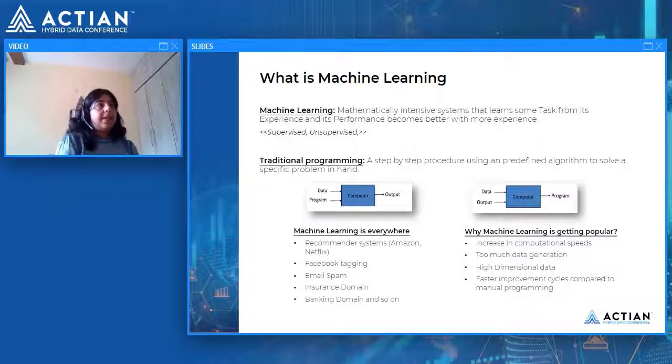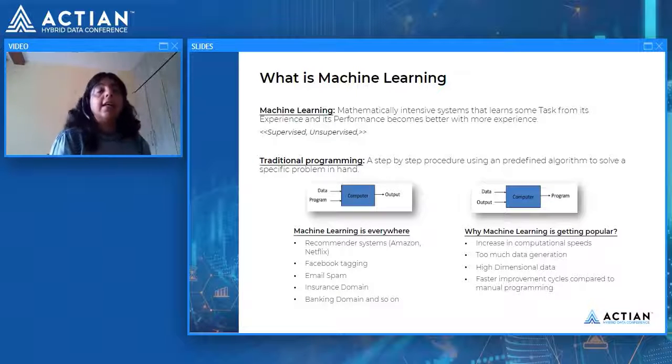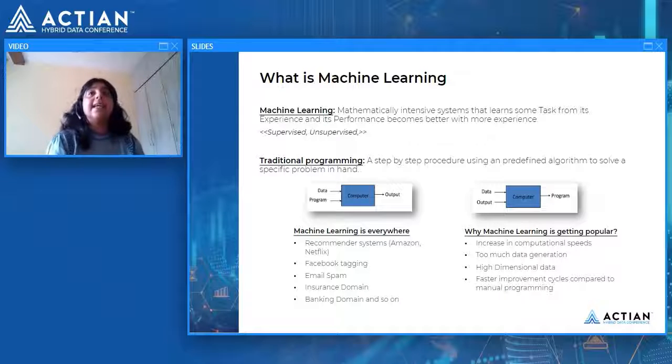To give an example of how it works, suppose there is a newborn child in the home. The child does not know how to talk or speak, and the mother keeps on interacting with the child in her mother language, in mother tongue. The child slowly and steadily starts understanding what the mother is saying, and starts responding. Over time, as the child grows, the child starts speaking also. But initially the child does not speak the correct language.